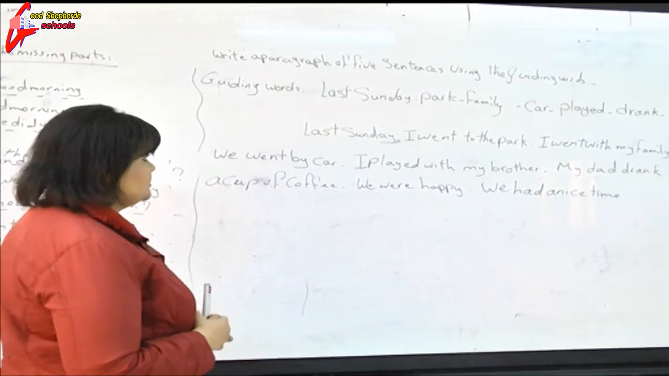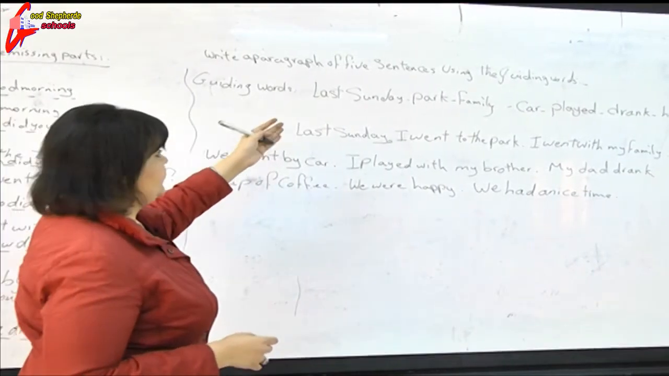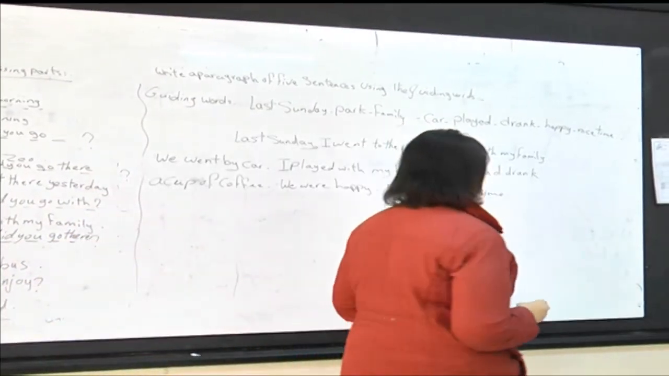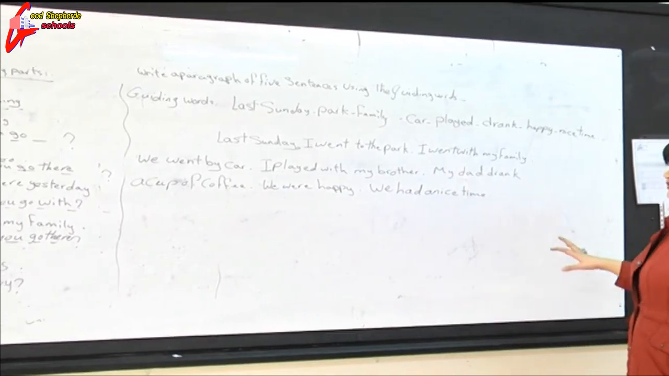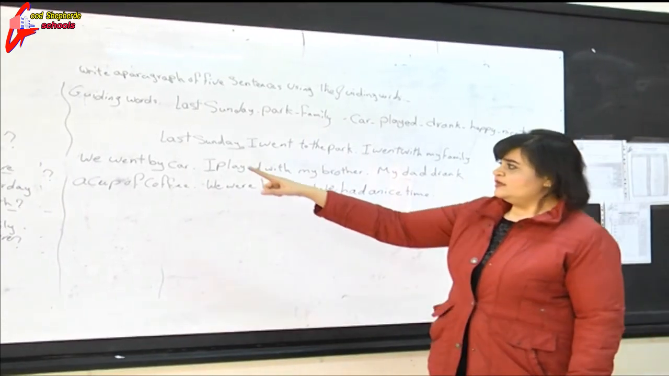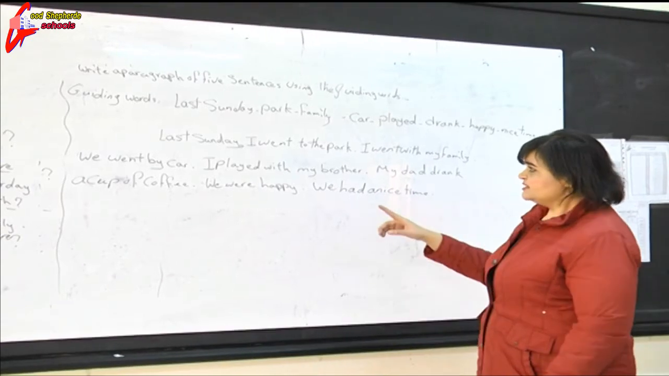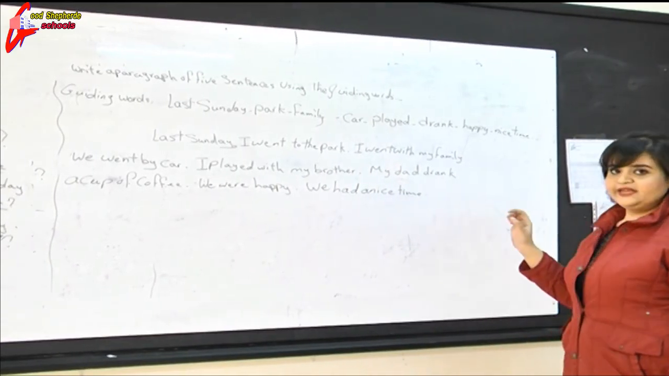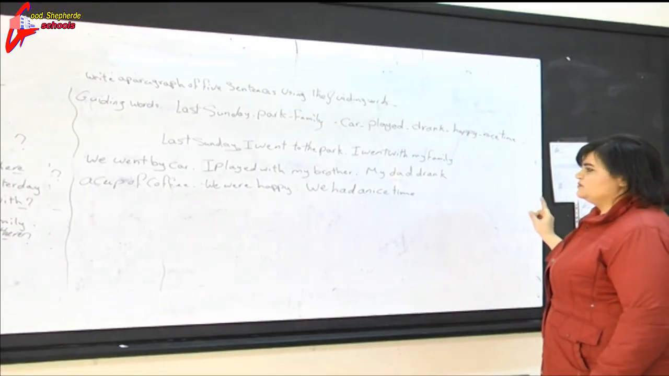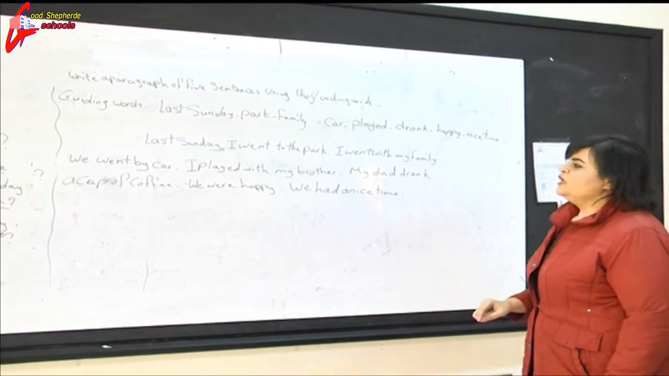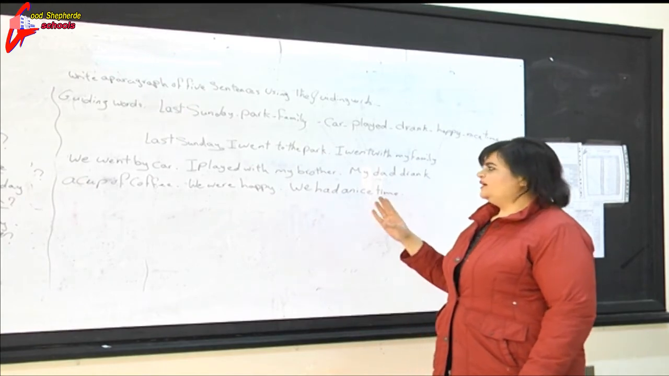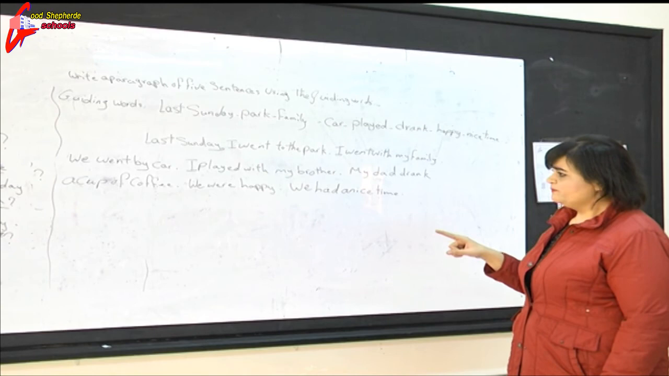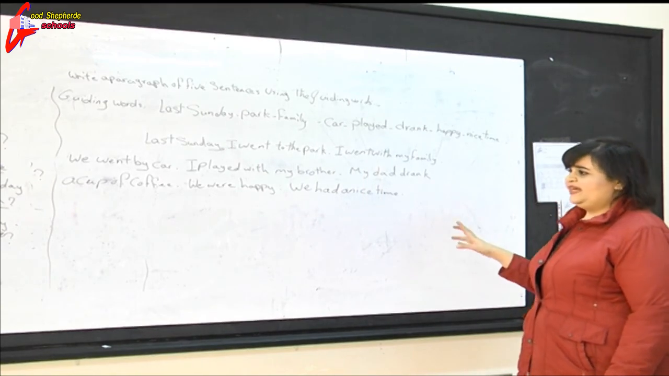Let's remember together. I have here guiding words like last night, work, family, car, played, drank, happy, nice time. At first, you have to leave a space here and start. Last Sunday, comma, I went to the park, full stop. Don't forget full stop. I went with my family, full stop. We went by car. I played with my brother. My dad drank a cup of coffee. We were happy. We had a nice